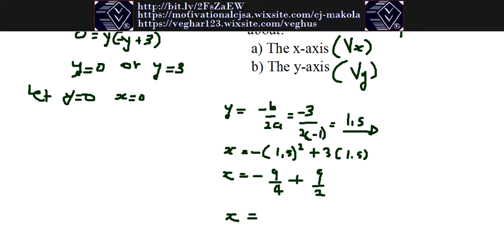So here, let's take 9 as a common factor. We'll have 1 over 2 minus 1 over 4. Then you'll have 9 over 4 as the turning point in the x side, so we'll have a turning point of